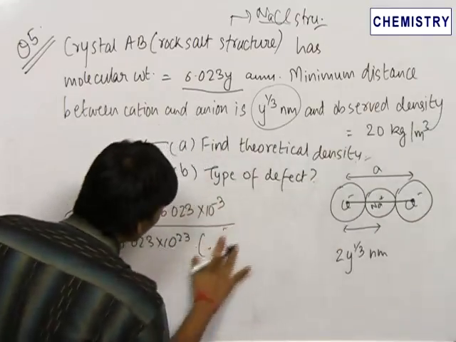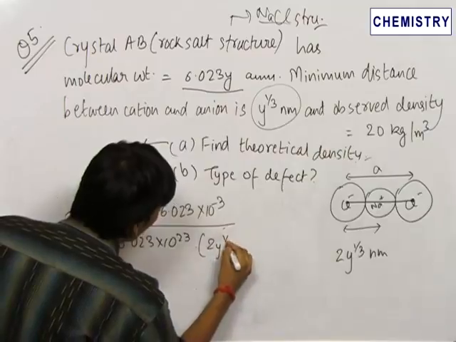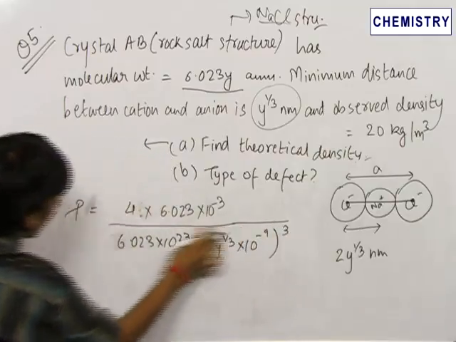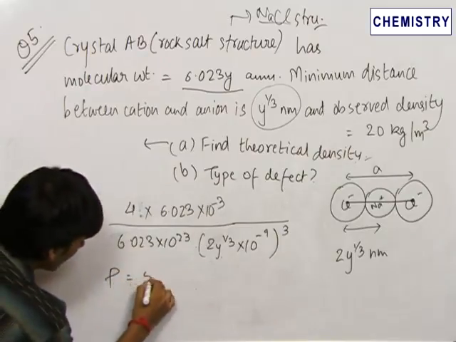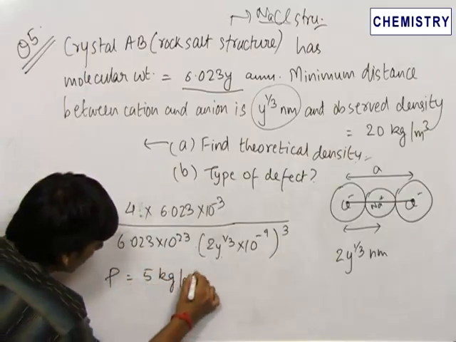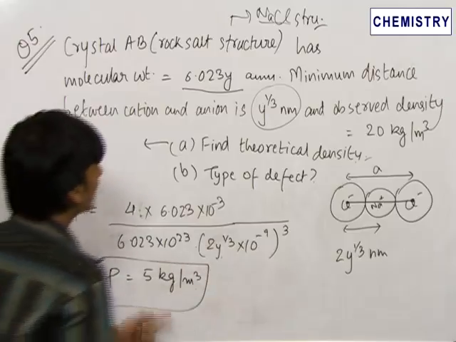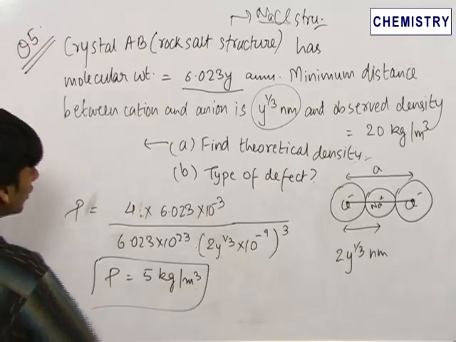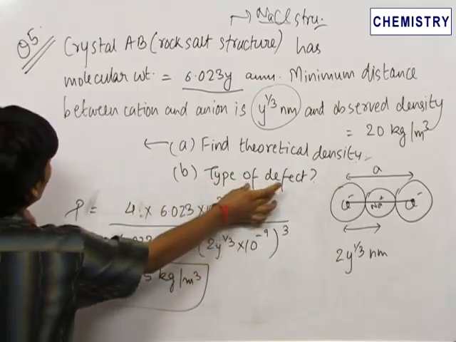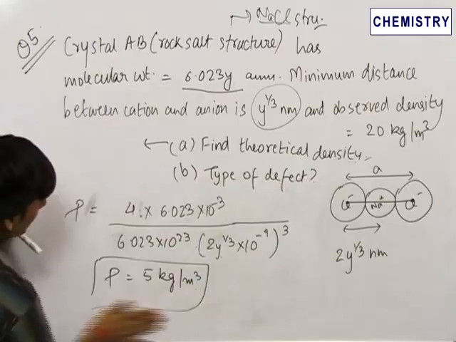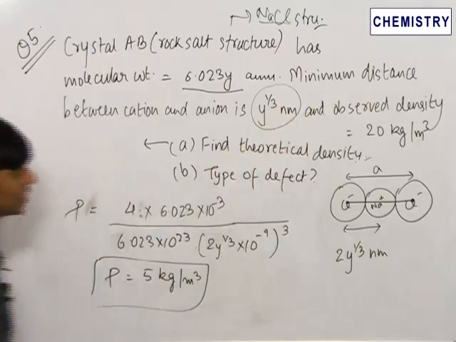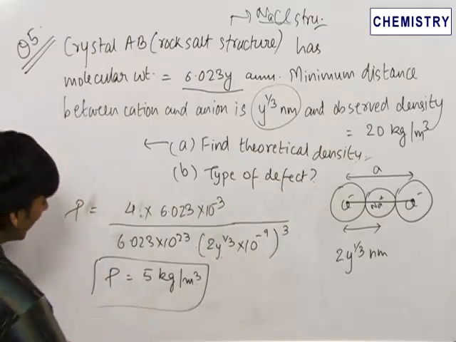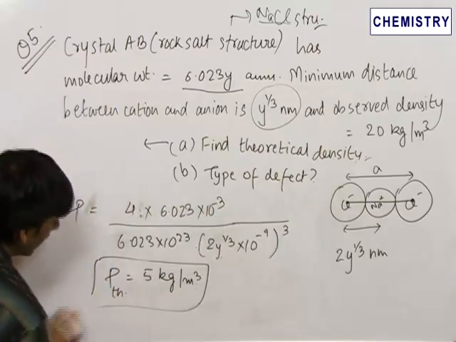This can be written over here, 2Y raised to 1 by 3 into 10 raised to minus 9 whole cube. On solving this, the answer comes out to be equal to 5 kg per meter cube. Therefore, the answer for the theoretical density comes out to be equal to 5 kg per meter cube. We now need to find out, or rather interpret, the type of defect depending on the comparison between theoretical density and observed density. Now, as we see here that the observed density is greater than the theoretical density,